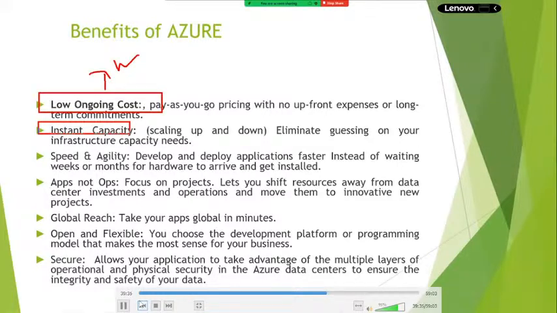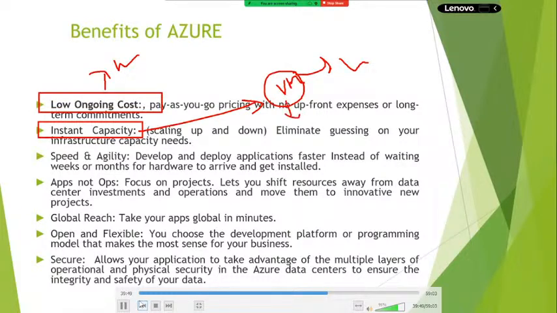Instant capacity in the sense that I would like to increase or downgrade the size of a VM, or downgrade the configuration of the app services. Anytime, anywhere, if you have internet connectivity, you can upgrade or downgrade the configuration of your application. That is instant capacity, like instant coffee.